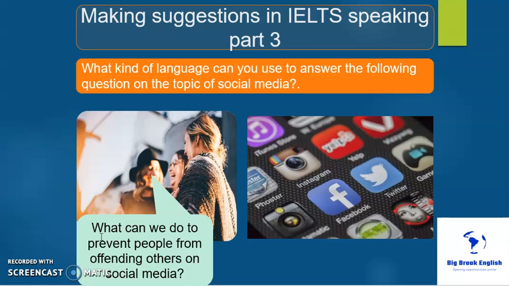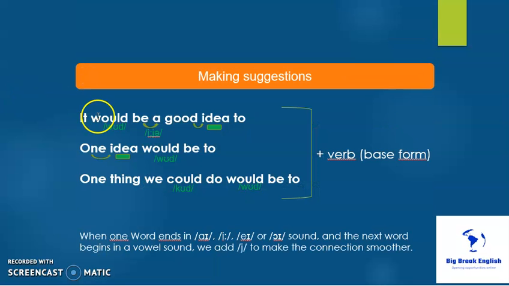Now notice at the beginning of this question, what can we do to? If you get a question that starts in this way, the examiner is inviting you to make suggestions. Let's take a look at a few options for this. Okay, so first, it would be a good idea to